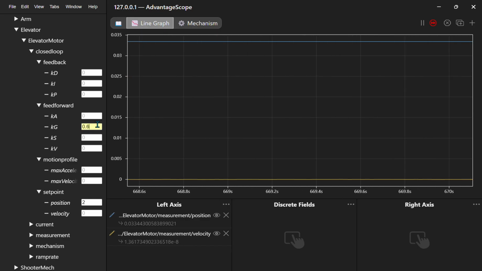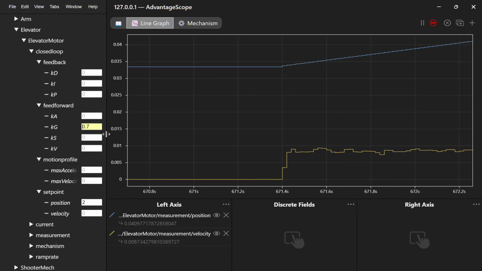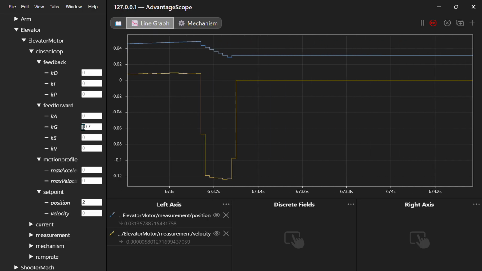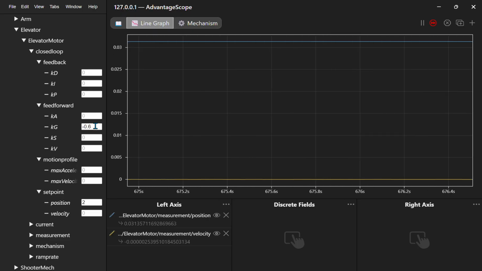What I like to do is, for example, if you see it going up and you need to bring it back down, I just set it to negative. And then I set this back to the last smallest value that I knew. Sorry about that. Now that I see that 0.6 is a pretty okay value, I'm gonna slowly increase it